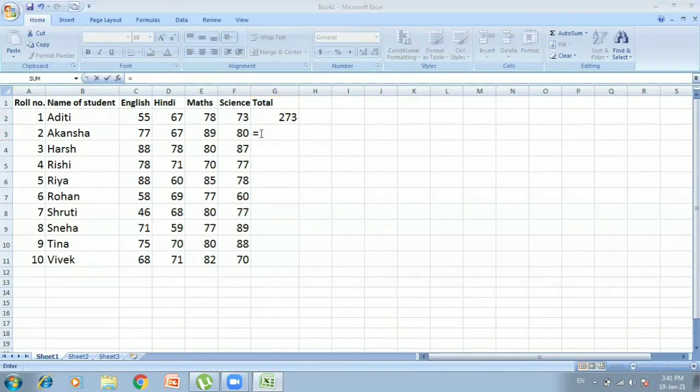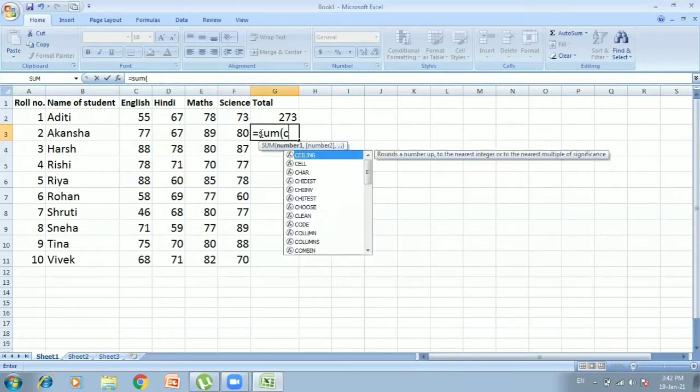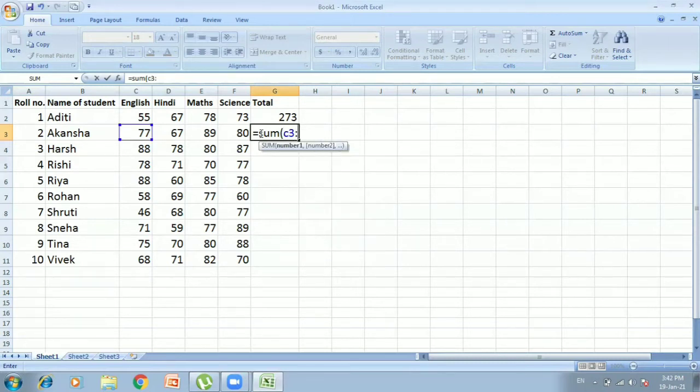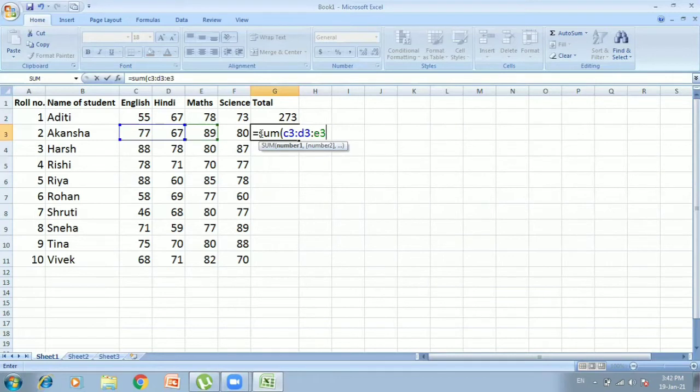Is equals to sign, SUM. Okay, within brackets. Now the address will be changed, like C3, semicolon, D3, semicolon, E3, semicolon, F3.